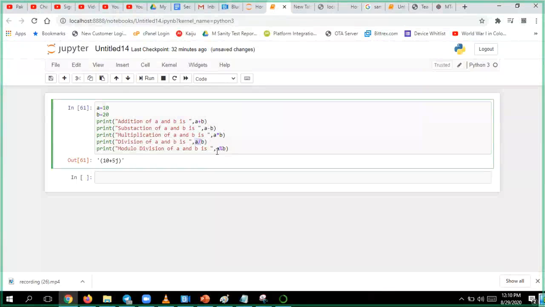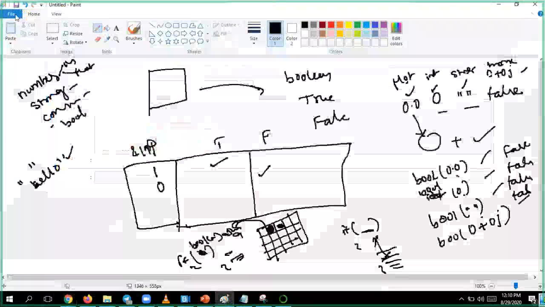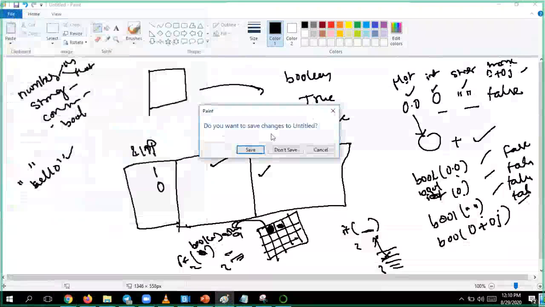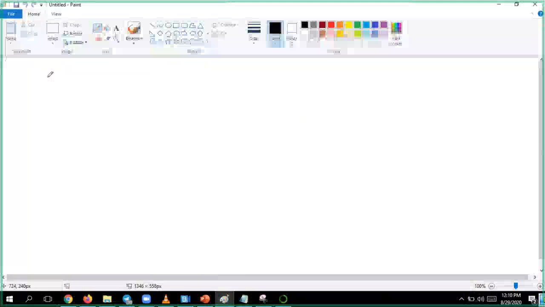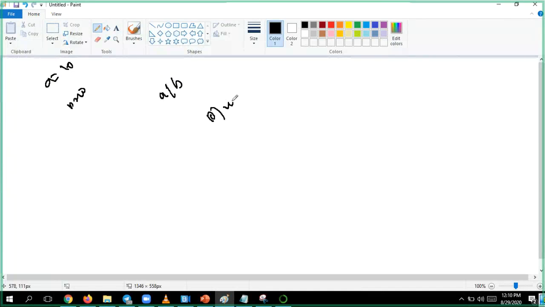Let me show you. A is equal to 10, b is equal to 20, for example. So a by b, 10 by 20, is 0.5.